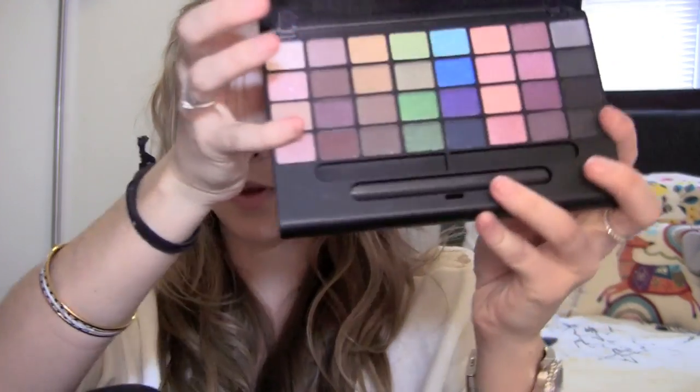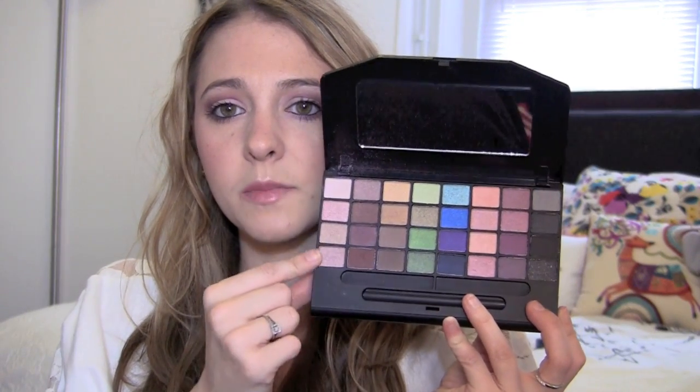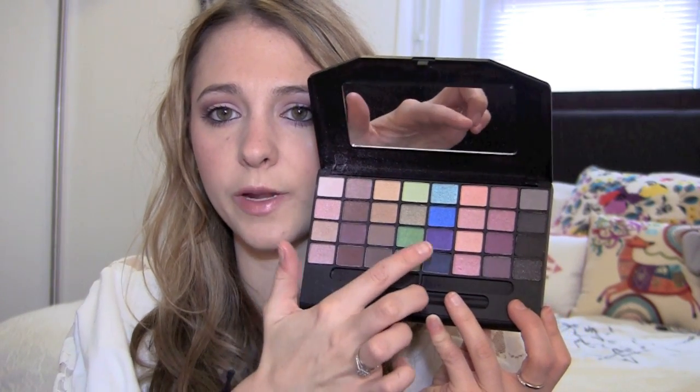So what I found with this palette is that I just really love it. All the colors are super pigmented. Like I said, I've been wearing this almost every day, so I have not experimented as much as I'd like to, but I can tell you that the eyeshadows wear so well with the primer, better than some of my MAC shadows. I just am really impressed with the quality, and you get your creams, pinks, purples, yellows, greens, blues,